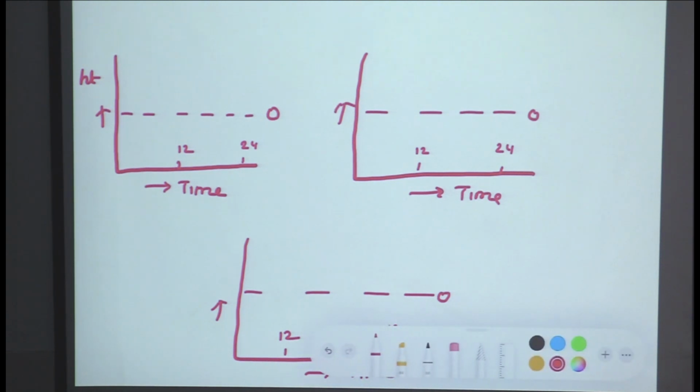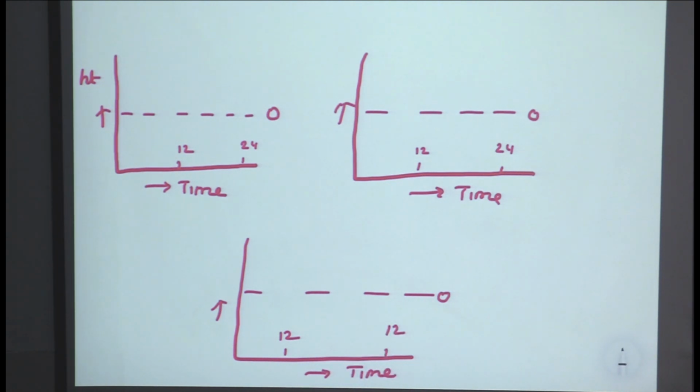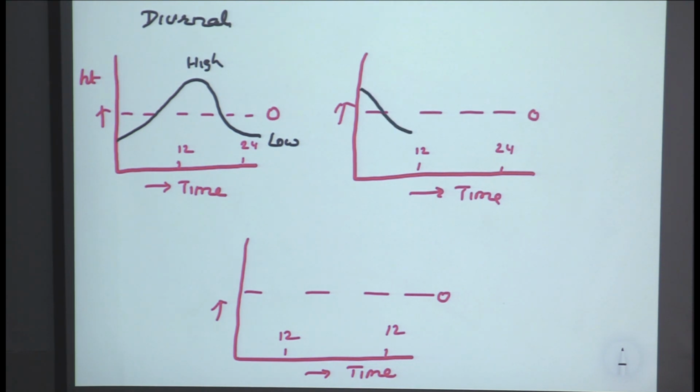Now, if I talk about tide as this, high, low, 1 high, 1 low. If I talk about tide like this, low, low, high, high. It is 2 high tides and 2 low tides. I'll call it